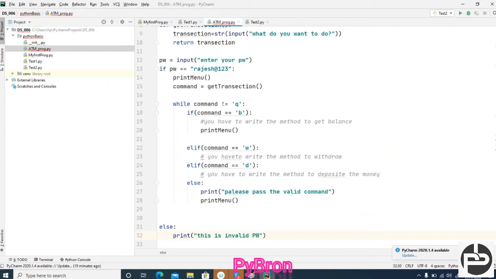I did not write the condition for three times. Once you are comfortable, then I'll write the code for that also. Suppose the user passes a wrong password three times continuously, we have to block his ATM card for 24 hours. That part is pending, but I guess if you are able to do this, then that is also easy.